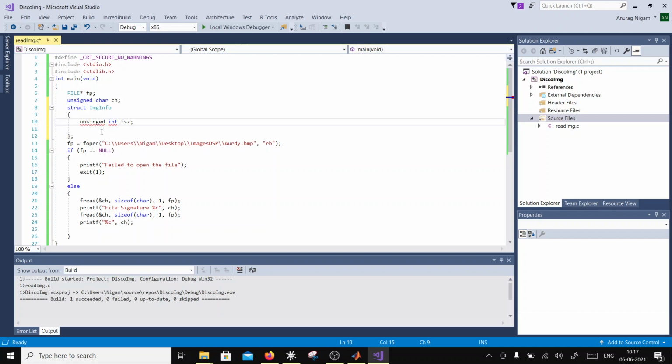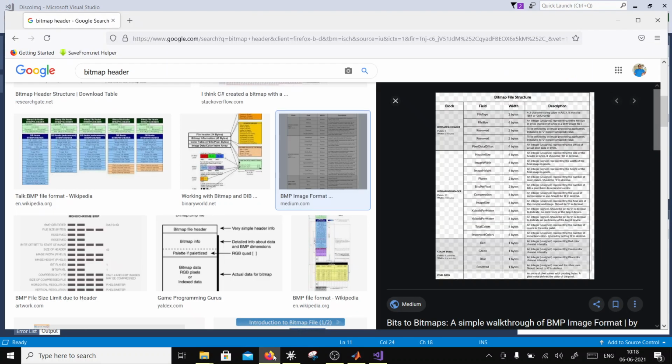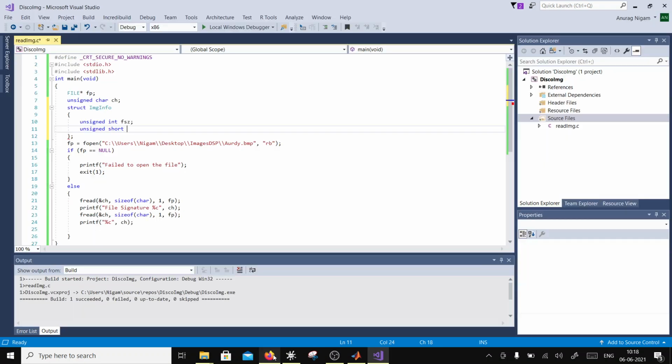Then I'm expecting an unsigned short, and that unsigned short is going to give me file size.